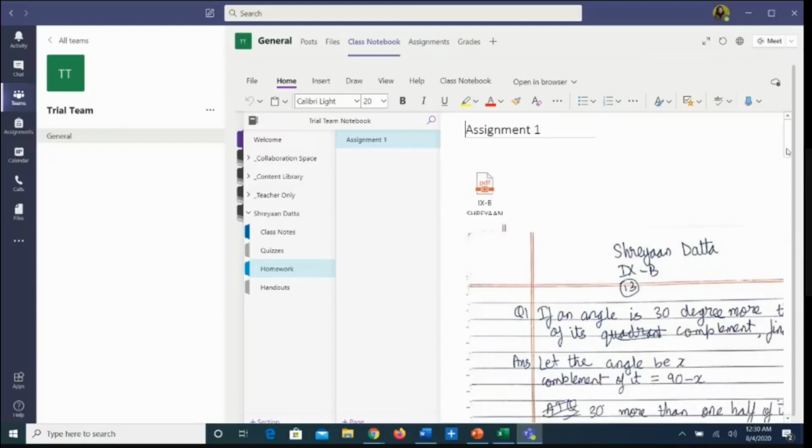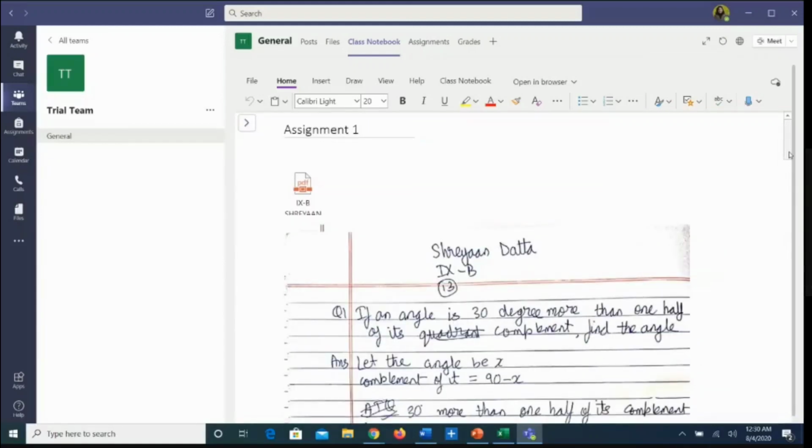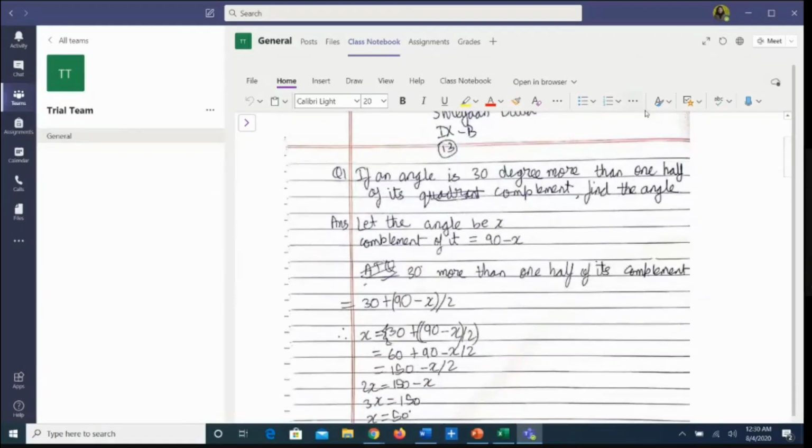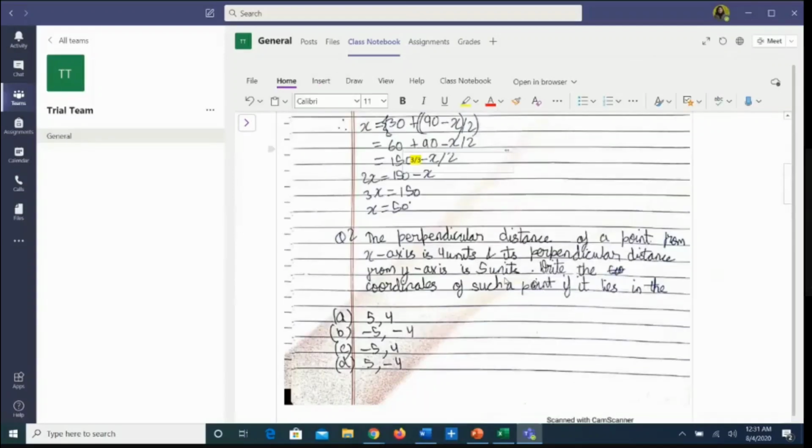So just see the assignment and try to evaluate it. Maybe the first question is correct, so I can give the marks to the child. Maybe I can say 3 on 3 or 2 on 2, whatever the question marks were. So I'll choose the red color. I can choose the highlighter. I can make the font size bigger. I can make it thicker. I can make it bolder. So by doing all that, I can check the work. So you see I am giving the marks.